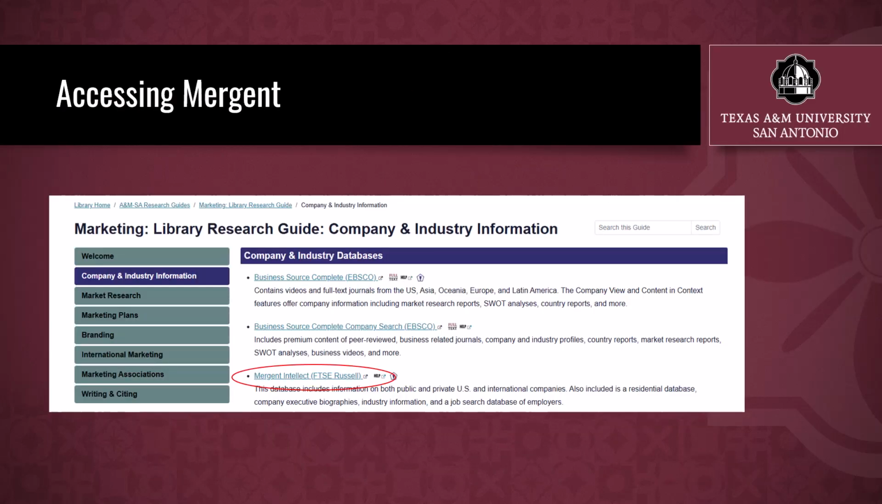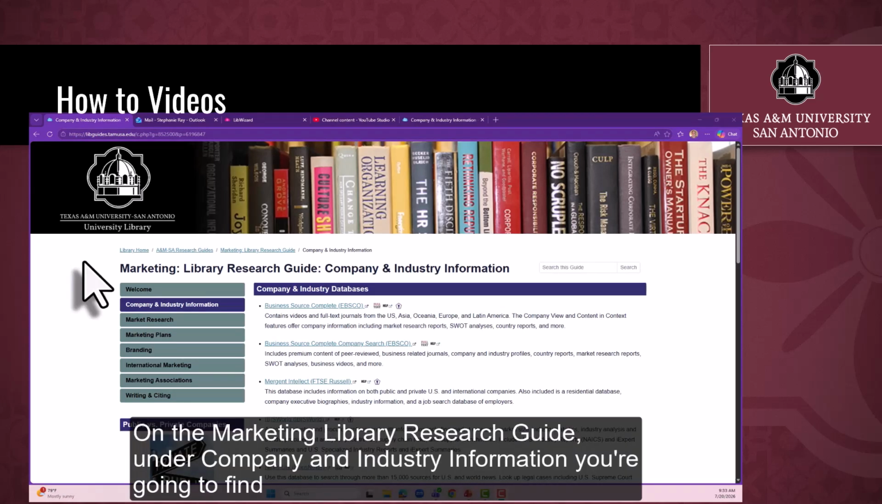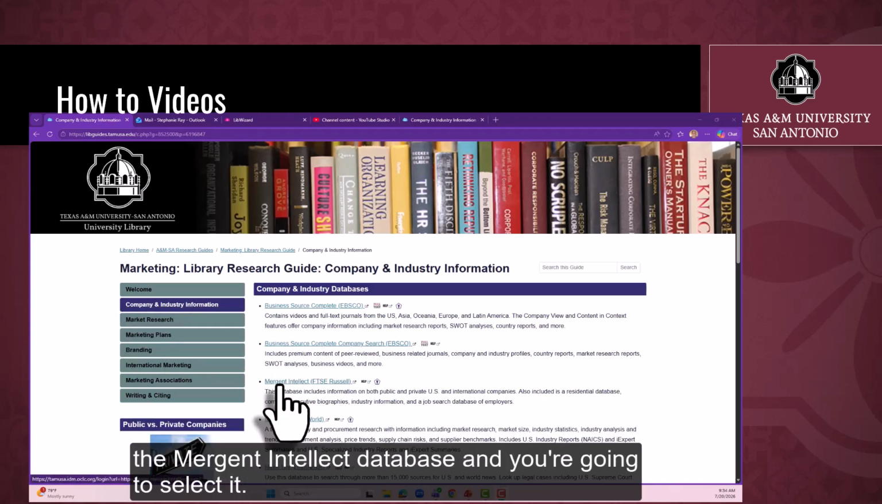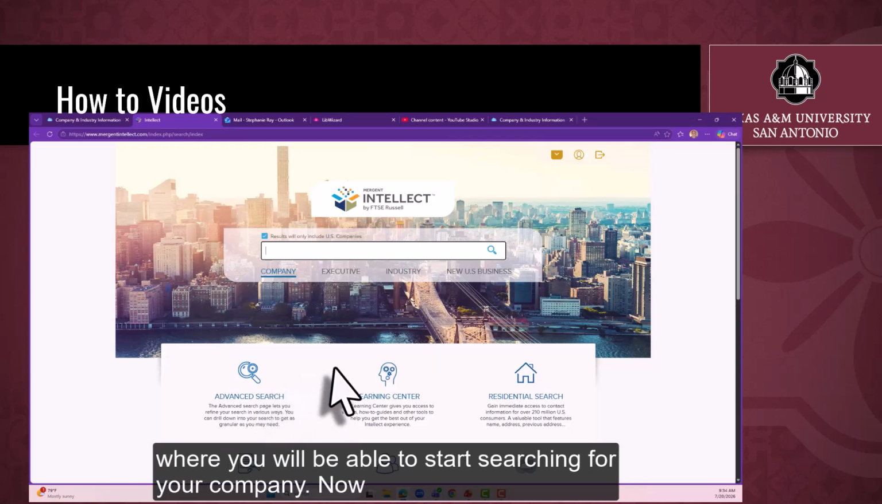To access Mergent, you're going to use the Marketing Library Research Guide. You will select the Company and Industry Information tab, and you will find Mergent Intellect listed under the Company and Industry databases. On the Marketing Library Research Guide, under Company Industry Information, you're going to find the Mergent Intellect database. You're going to select it. From there, you're going to be taken to the Mergent Intellect database, where you'll be able to start searching for